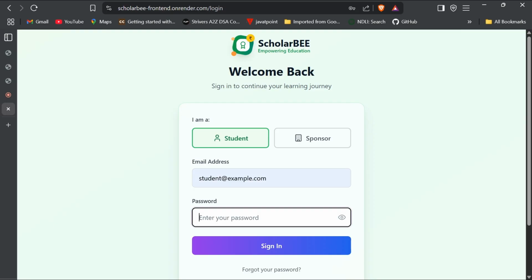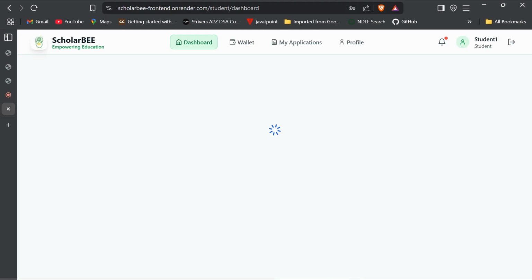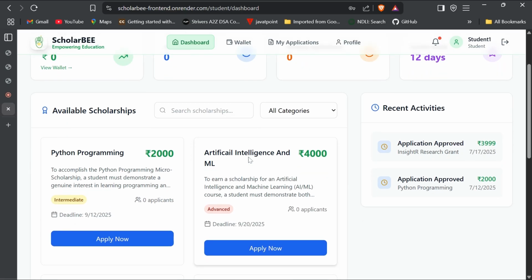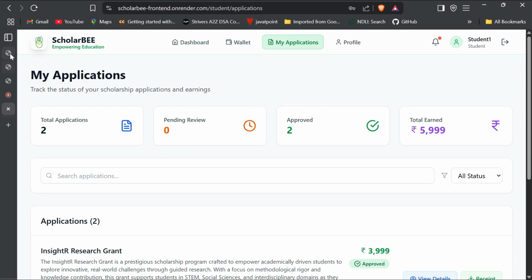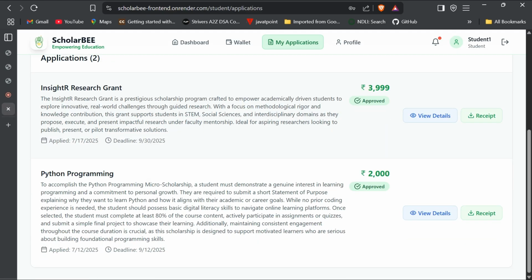I'll show you right here. It was showing as pending, but now that I approved it from the sponsor side, it shows as approved.